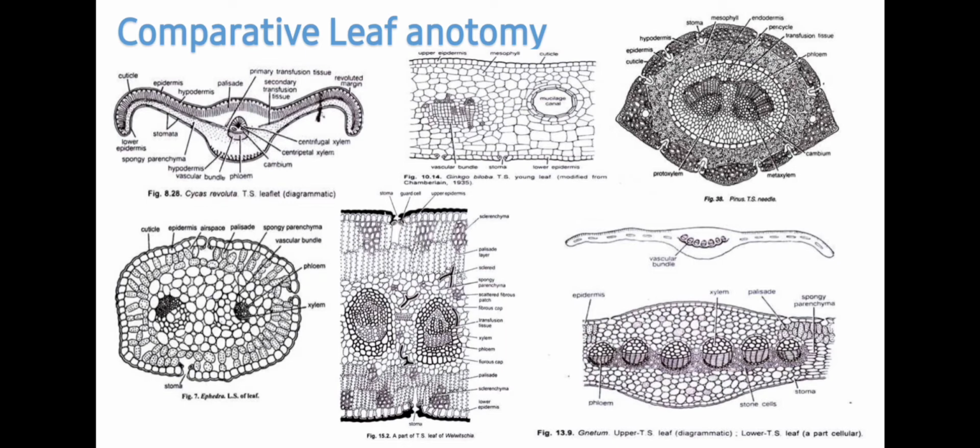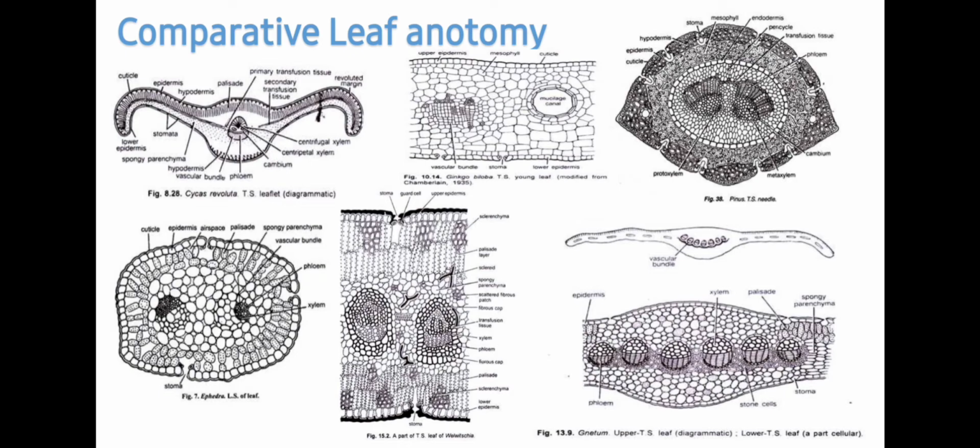In case of conifers, you will see the leaf is highly reduced and it is generally needle-like. The leaflet in pinus is recognized by prominent resin canals at the corners of the leaflet, and there is prominent sclerenchyma to provide support and transfusion tissue is present in the middle. In case of ephedra, you know only scale leaves are there and again they are highly arenchymatous, means air spaces are present in them, and you will find two vascular bundles.